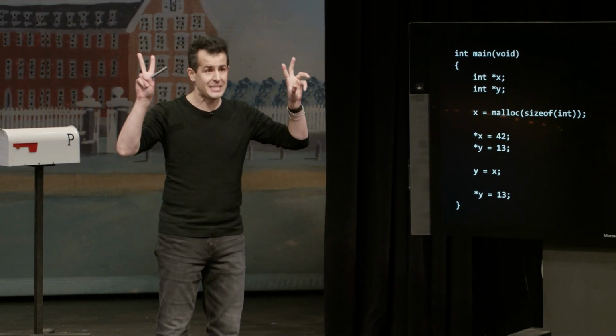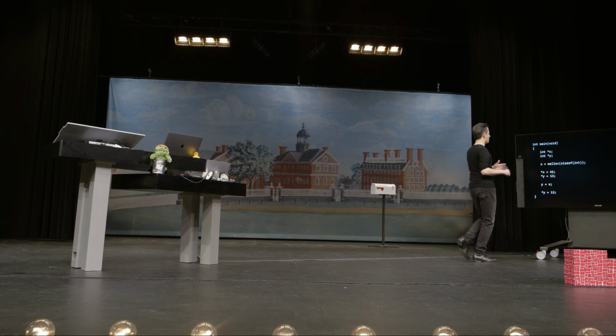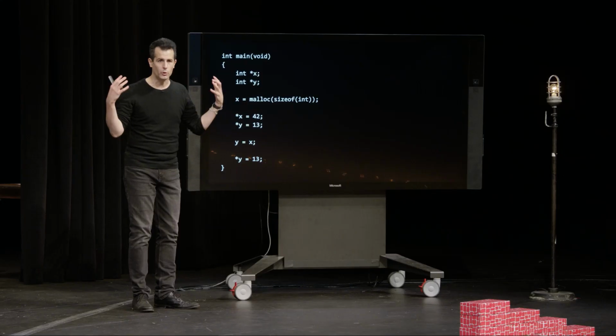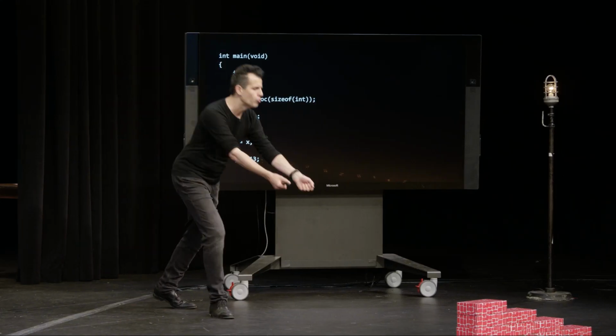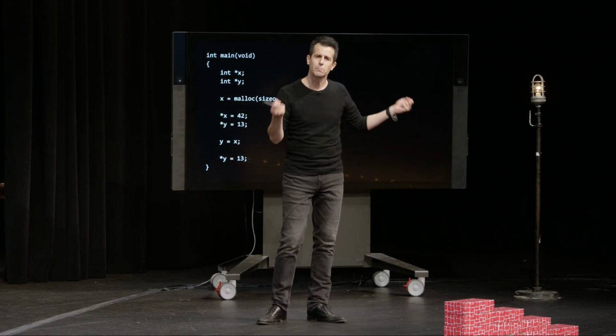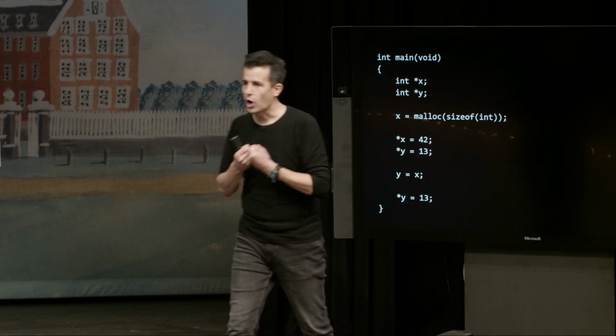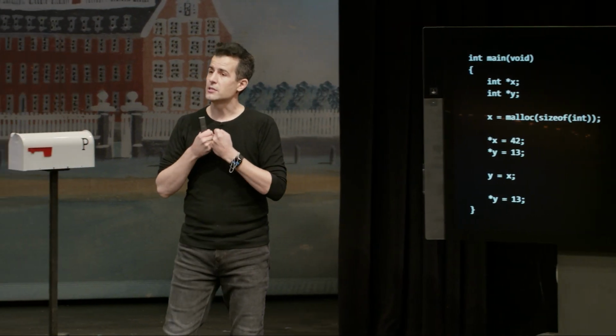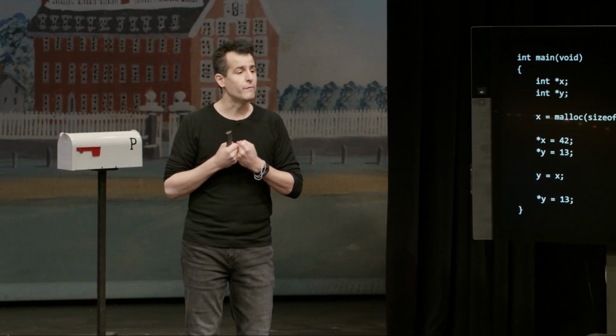You are going to get a segmentation fault because by going to some arbitrary garbage value address, it would be like picking up a random piece of paper with a number on it and then going to that mailbox. Like, why? It doesn't belong to you. If you try to dereference an uninitialized variable, your program may very well crash.